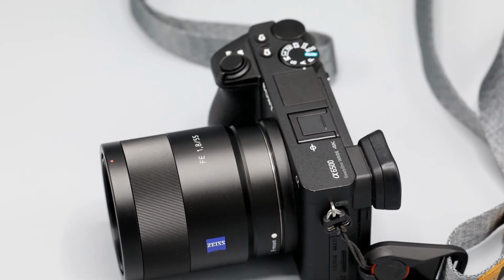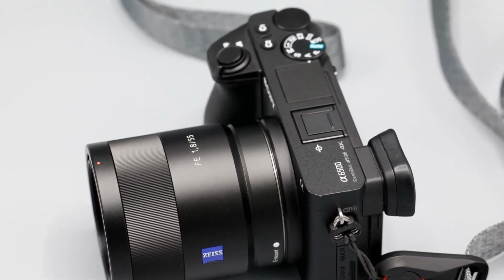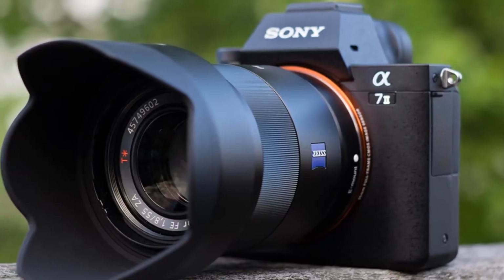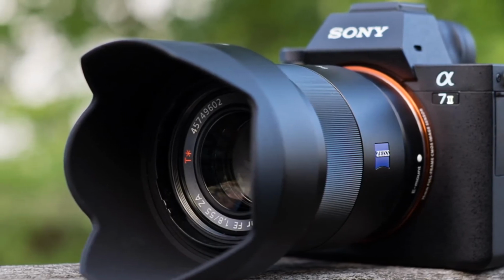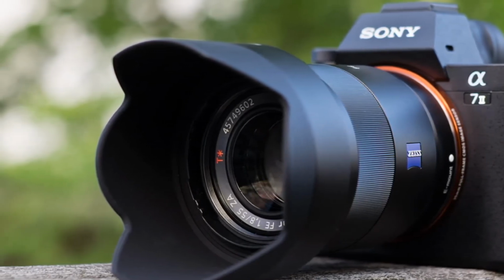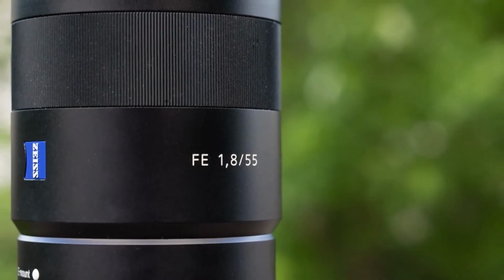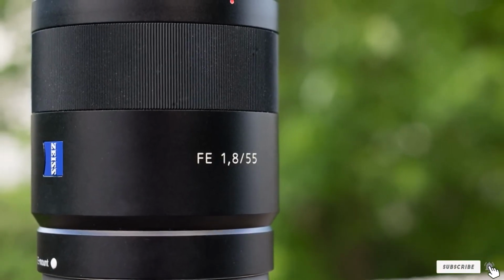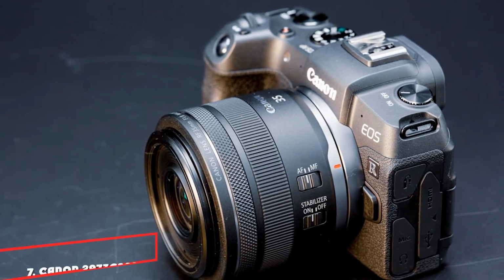In the 55mm focal range, some prime lenses struggle to deliver a handy assortment of switches and buttons on their barrel. However, the minimalist design in this lens has its charm, placing external controls all together. The manual focus ring is well placed, allowing slow rotation for precise adjustment in a distant object. The bokeh effect produced by this lens is admirable as it does an excellent job of rendering and displaying a beautiful background blur. Moving on to the next at number 7 with Canon